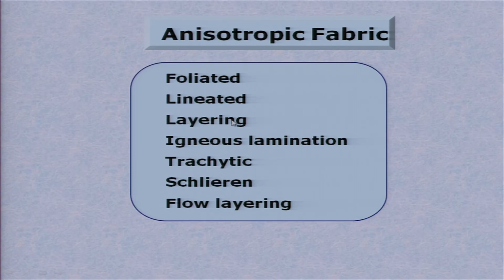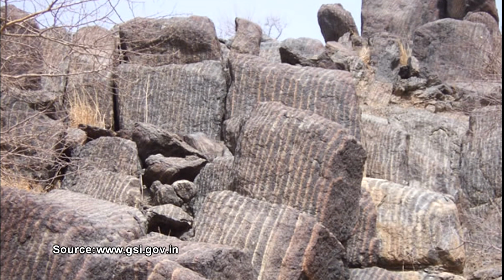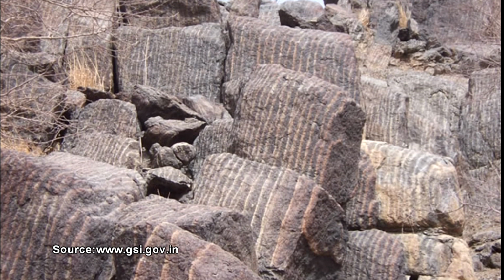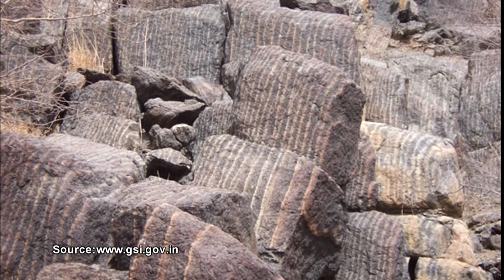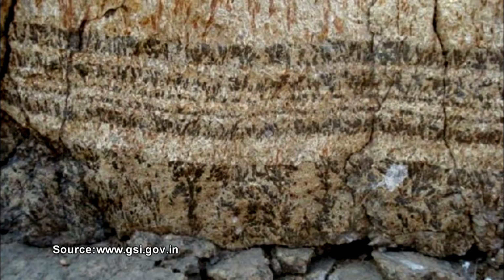Layering: suppose the magma is crystallizing; you may remember that magma behaves like an aqueous solution. Similarly, if flood water is allowed to settle in a glass, what will happen? The large particles will settle down. Similarly, if a magma is allowed to crystallize in a magma chamber over a period of time, the heavier minerals will settle at the bottom of the magma chamber, forming layers. So, layering is generated. Igneous laminations are developed, and lamination causes the development of anisotropism.